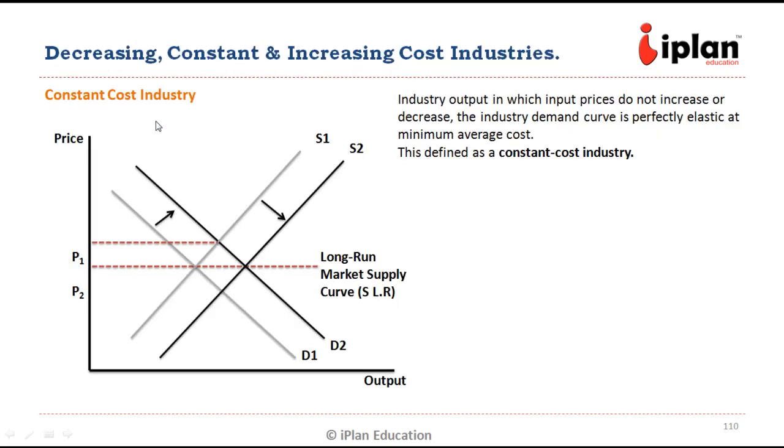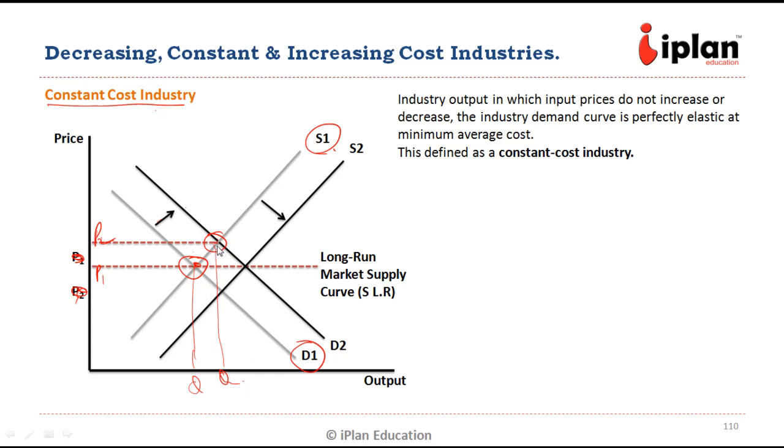The constant cost industry, increasing cost industry and decreasing cost industry. First, the constant cost industry. Suppose earlier S1 was the supply curve and D1 was the demand curve. S1 and D1 were cutting at this point. Okay, this was some price, say this is P1 and this is P2. Price was P1 at that point in time. Now, if the demand goes up, then it shifts here. Due to higher demand, we have the higher price P2 and the quantity also increases. So we have now Q2 quantity.